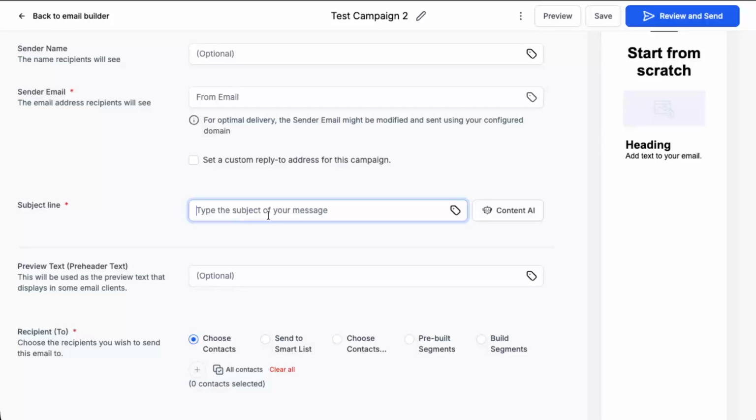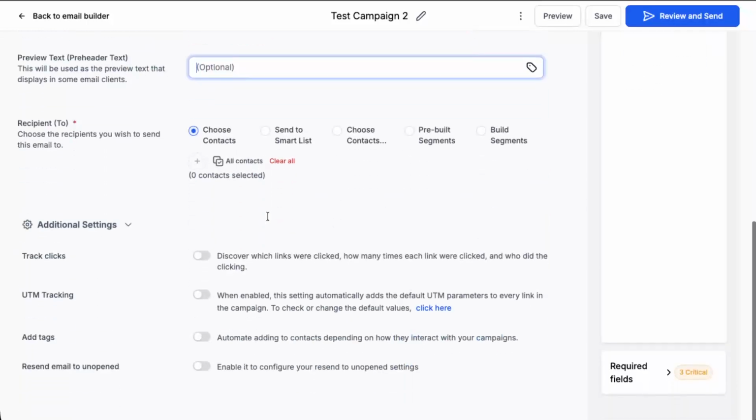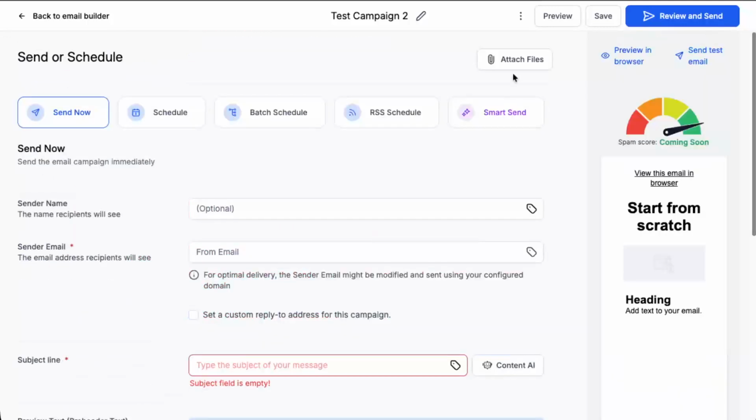Next, click into the subject line field and write a clear, compelling subject. Under that, fill in the preview text field. This is the short snippet many email clients show next to the subject, so use it to reinforce your main message or call to action. When those details are in place, click on Review and Send. On this final step, you'll choose which contacts or lists should receive the email and confirm all the details. Once you're satisfied, you can either send the campaign immediately or schedule it for a later